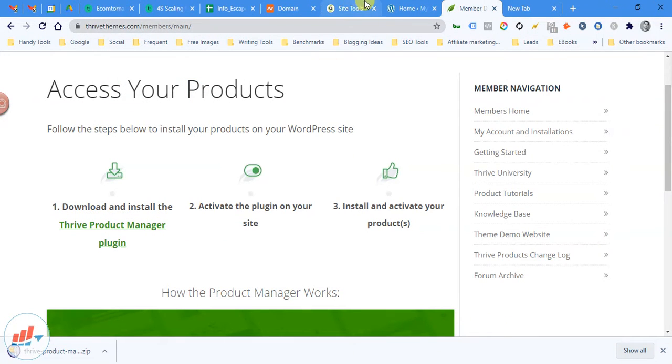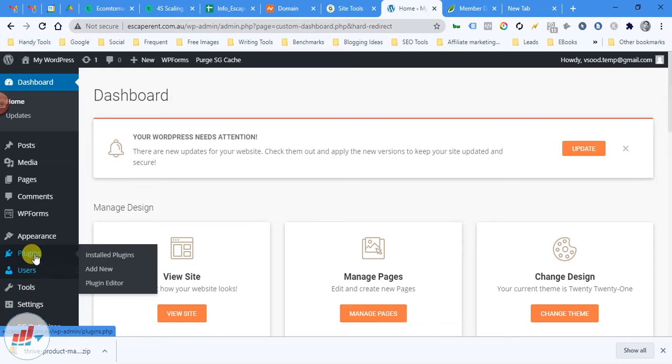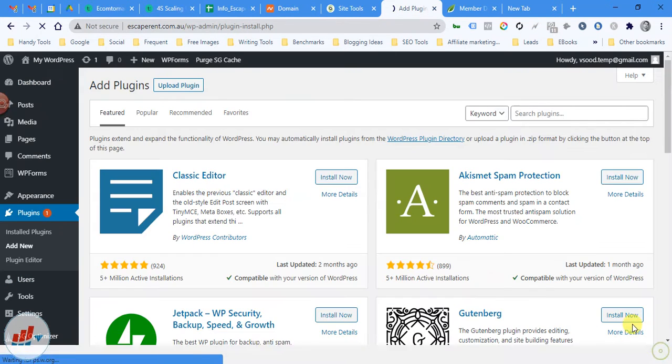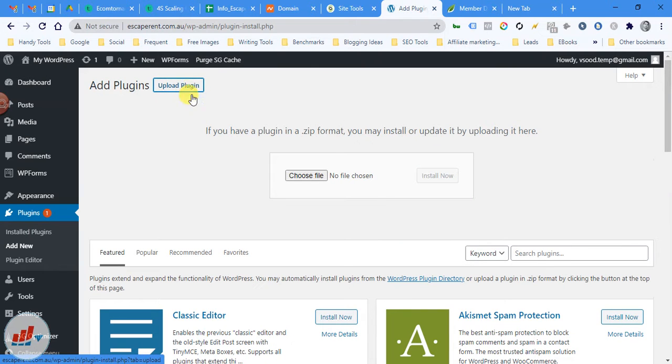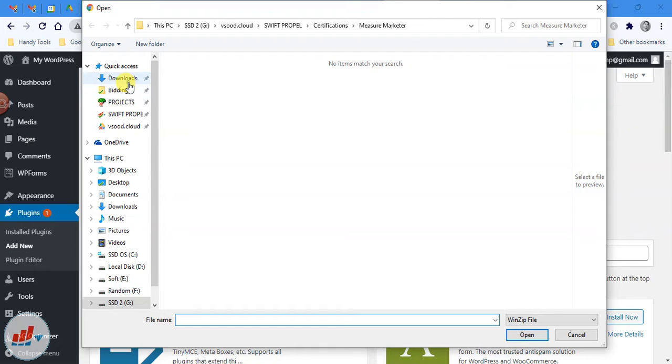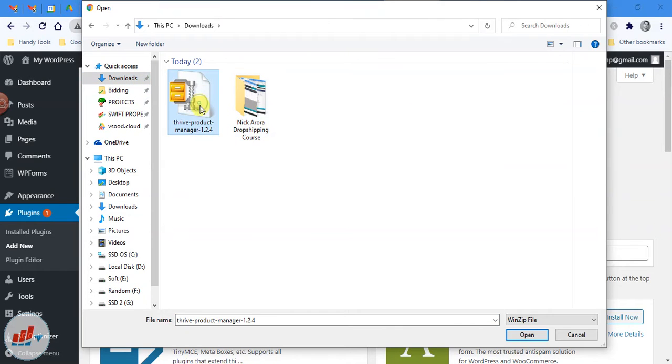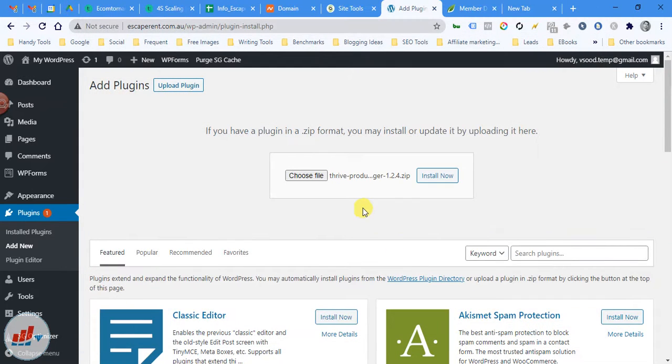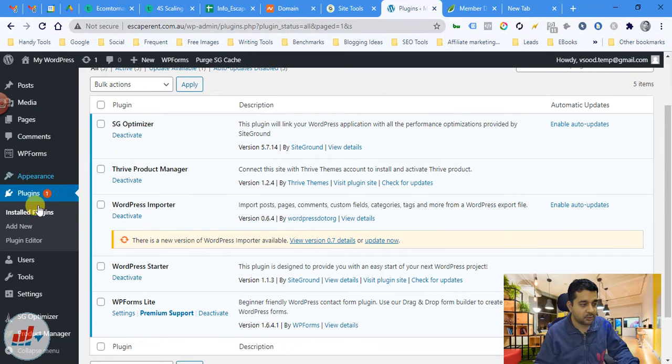Now you can install this particular plugin, so you can go to the add new option, and this is how we move ahead with Thrive Themes. Okay, so now we will select Thrive Product Manager and install now. Okay, so Thrive Product Manager is installed now.